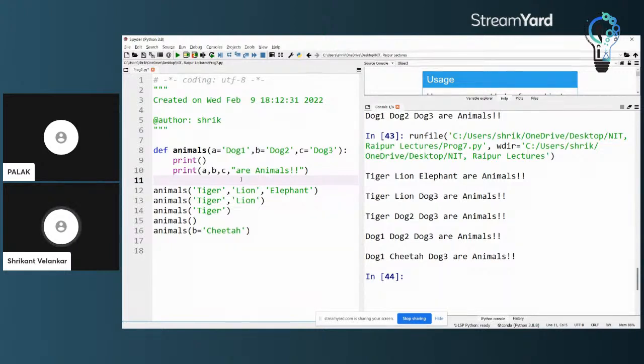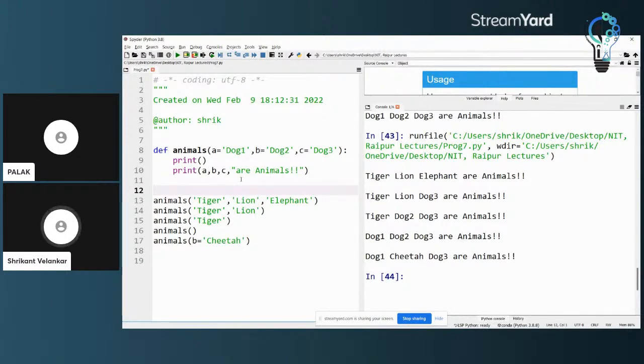So if you are writing a number of functions, like say two functions, and my main program is going to be something, then I will have at least one line spaced between the defs of two functions. Similarly, between the last def or function and the main program. Fine. So I'm writing one more function here itself.